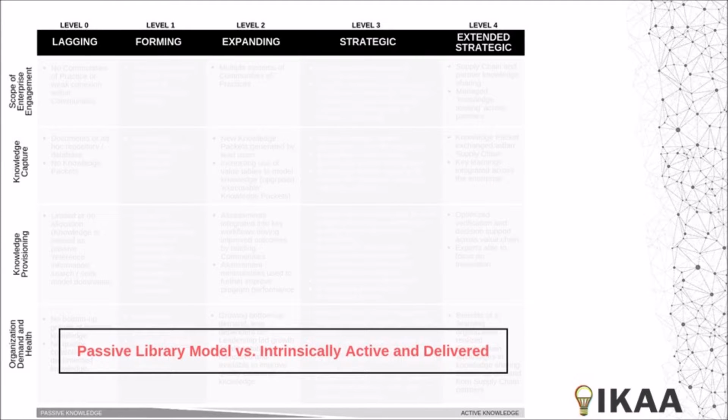So the active versus passive knowledge index addresses how well an organization has implemented processes that drive active knowledge delivery and active knowledge structure. Active knowledge delivery really means that the knowledge is actively delivered to the knowledge consumer rather than requiring the individual to search for the knowledge online, in files, or in hard copy.